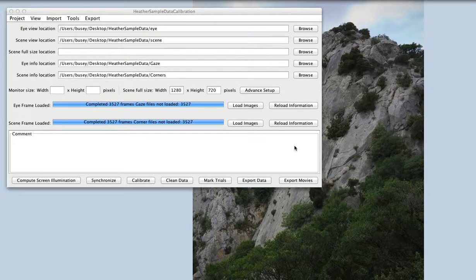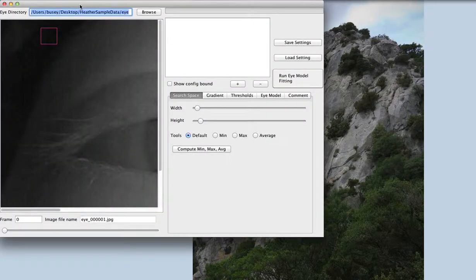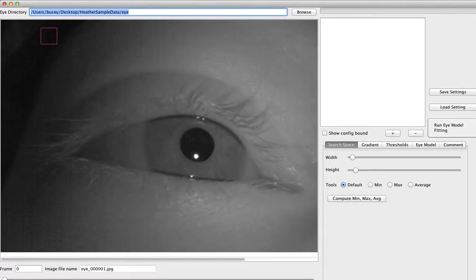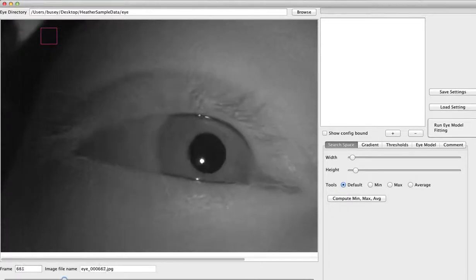In this movie, I'm going to show you how to do the actual EyeModelFit. To do that, we're going to go to Tools, Find Pupil Locations. I'm going to make this screen a little bigger here. What you can see is if we scroll along here, we see the eye moving as the person is looking